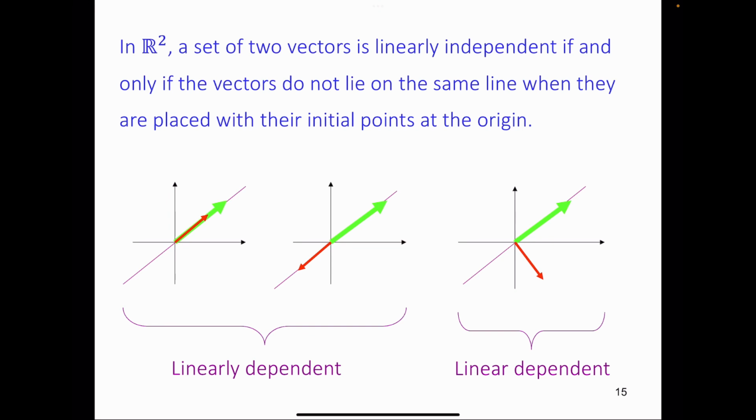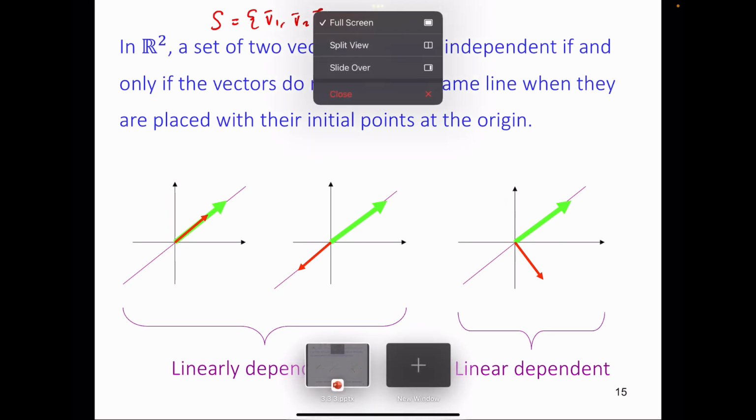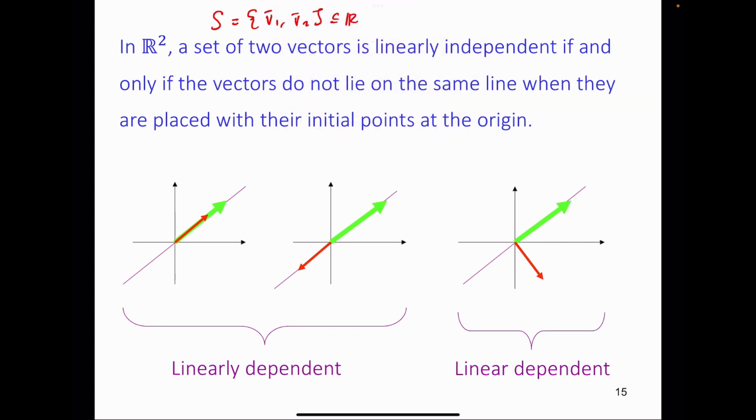So let's say we have a set S with two vectors, a set S with two vectors in R2. Okay, and